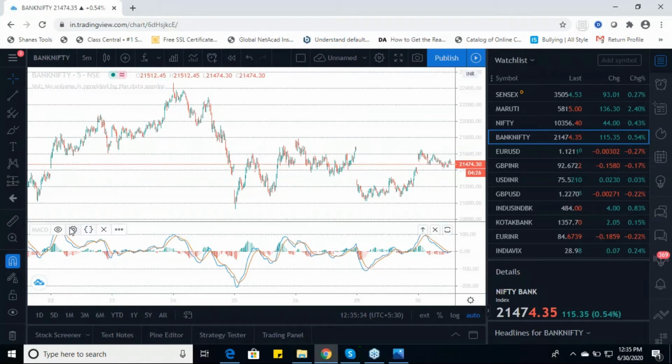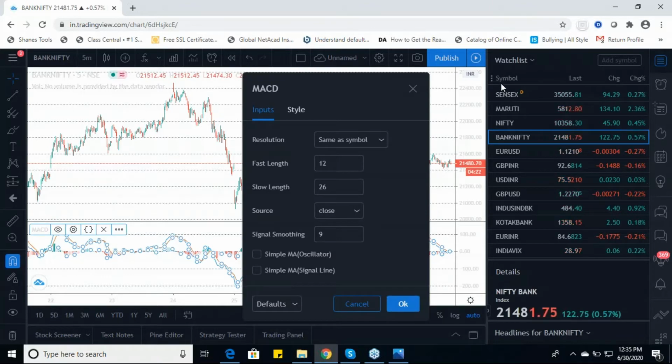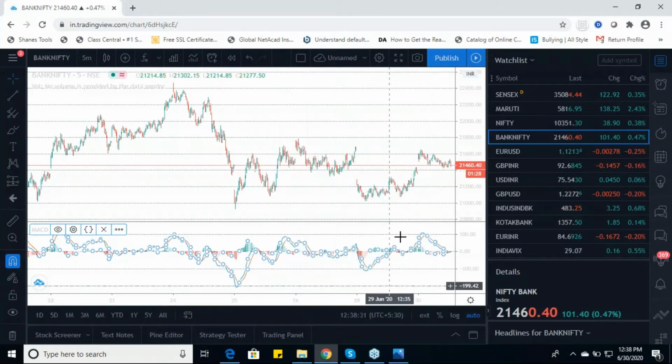The setting which I have done right now, you can click here and see the settings part. The settings which I have done are normal. I have kept the basic settings, that is a slow line, that is the 26 exponential moving average, and a fast line. Whatever signals come, it will use the 9-day exponential moving average for the signal line. It will give you the signal on the closing basis of a particular candle. That's the default setting which most people have seen. So that's the moving average part.